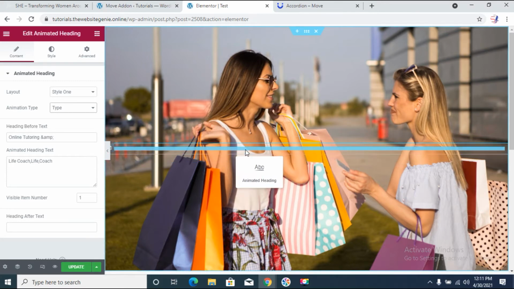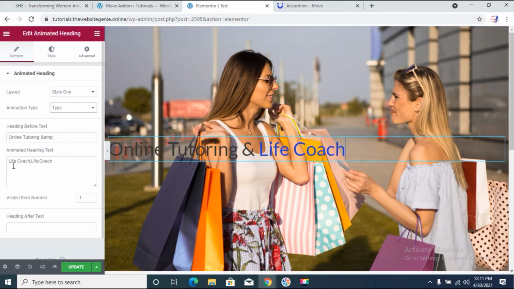which is for this and sign, and then after that you have life coach. So what that would do is it would write in online tutoring and then the life coach, that would be animated. So there will be a typing effect on that. So we'll just click on update,